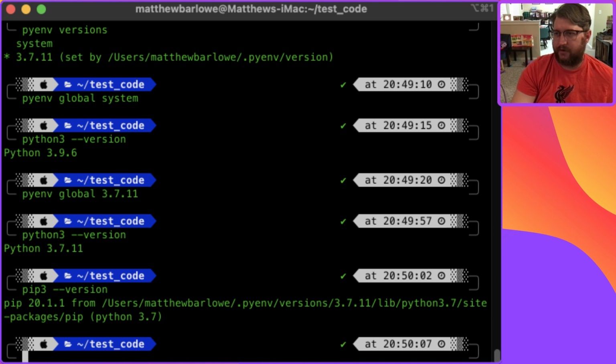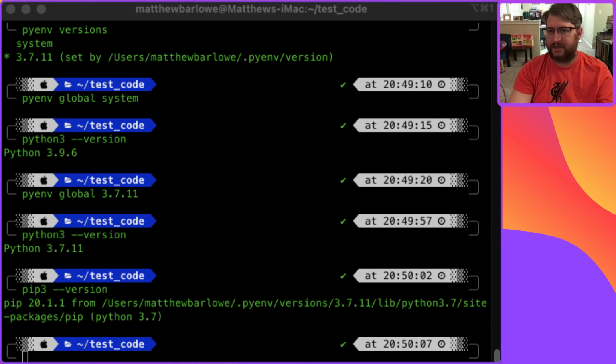What does it stand for? Let me look it up. Preferred Installer Program, or pip installs packages. Oh, it's a recursive acronym, which people like to get cute with in computer science sometimes. So pip installs Python, or pip installs packages. This is what we're going to use to install our